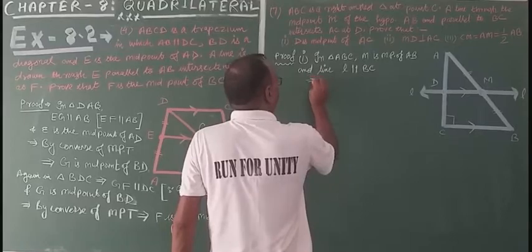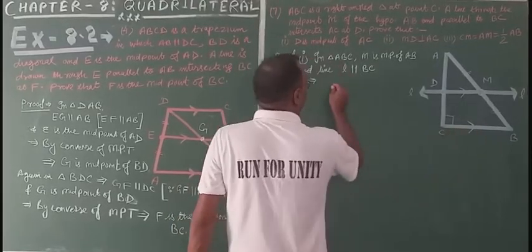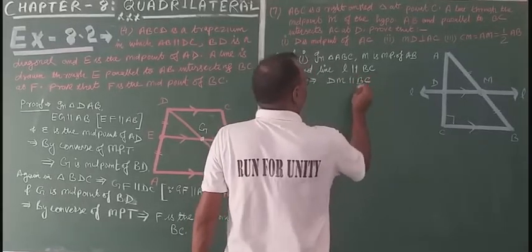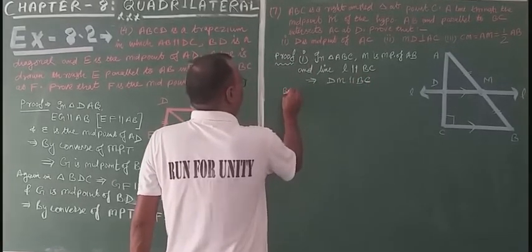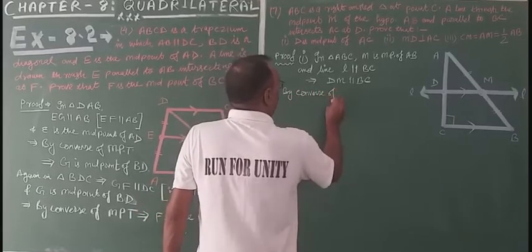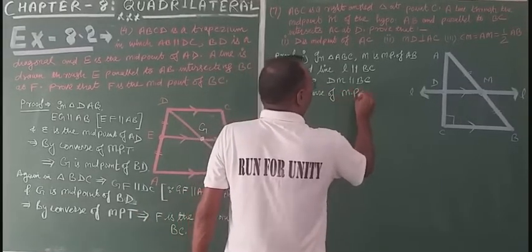It follows that DM is parallel to BC. Therefore, by the converse of the midpoint theorem,